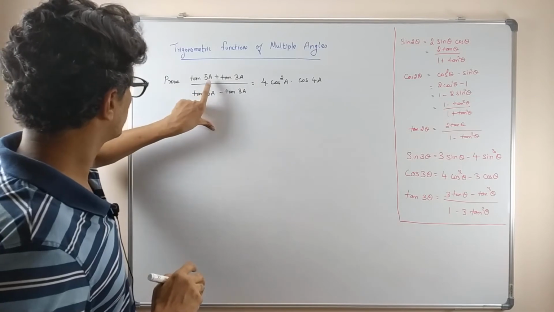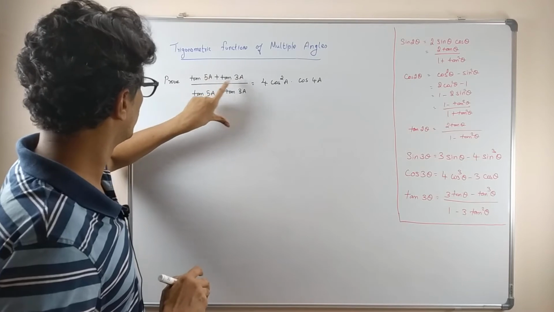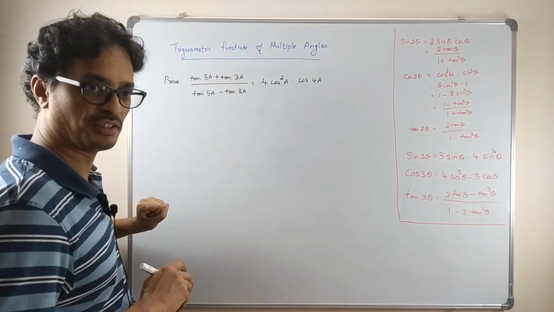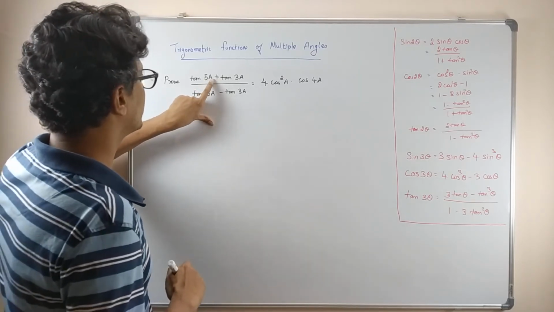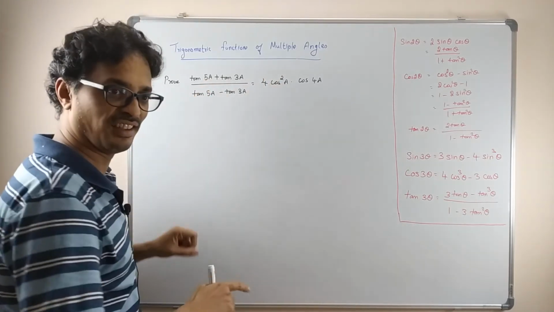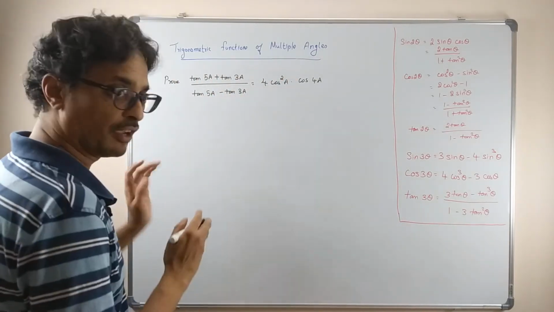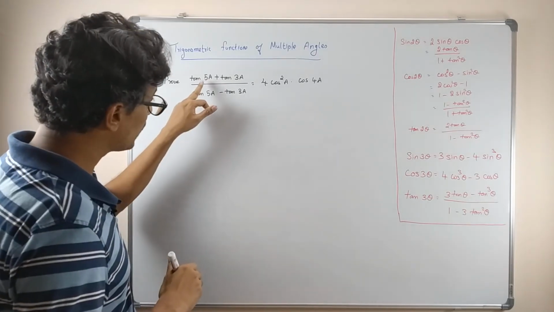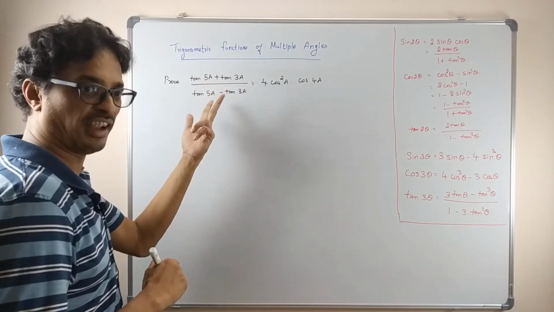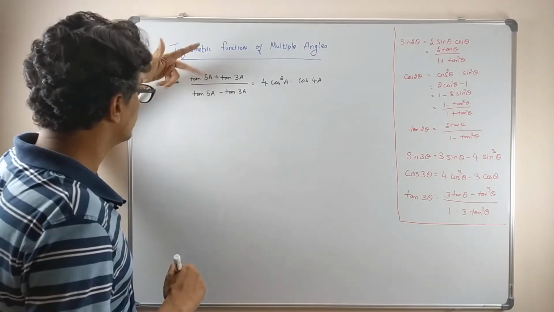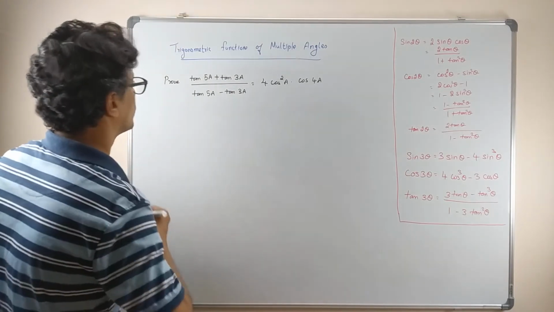If I am able to add these two angles, 5a plus 3a, what will it become? 8a. And 8a is nothing but twice 4a. So before jumping into the problem, first you have to observe what is the way we can do it. Somehow we have to get a combination of these two angles. In this tan form I can't get it, so if I expand it in sine and cos, we may possibly be able to get it. So let us do that. So LHS.